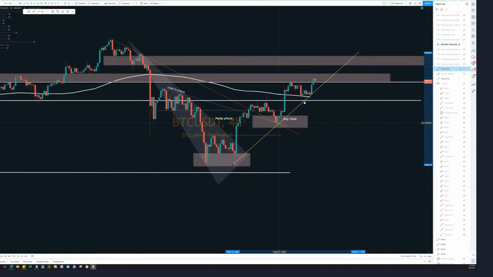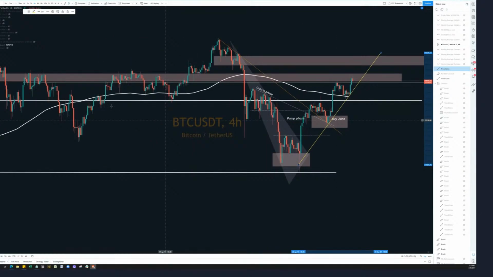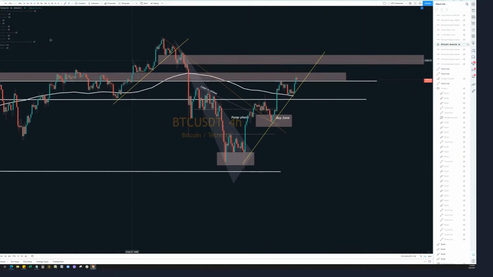So this line I will tell you to look out for. Very similar to all the other trend lines. Once a trend line is broken, you can expect something to go downwards. I'm not going to tell you how much it's going to go down, but I expect as this is going up, but there is less